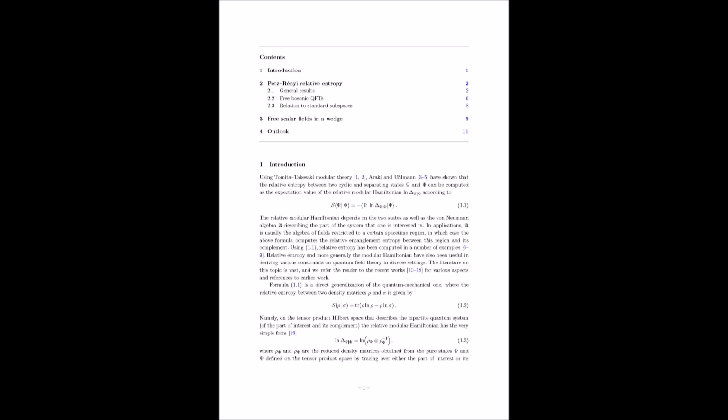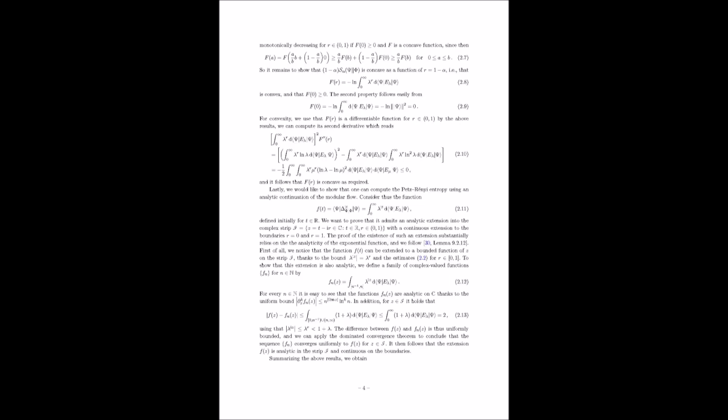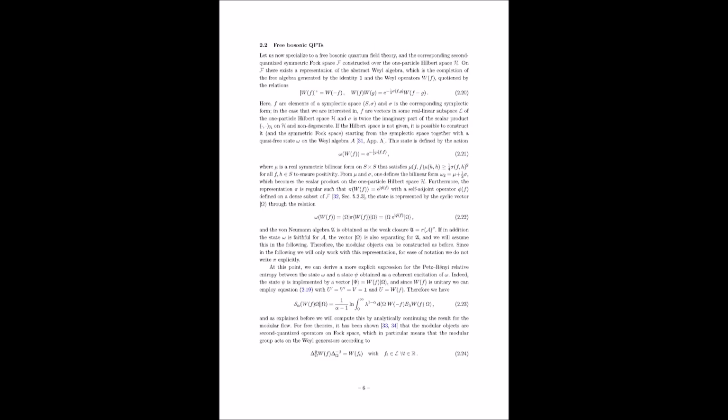By analytically continuing a function related to the modular flow, we can extend our view beyond the usual time domain and explore the behavior of the system in a broader context. So we're essentially taking the quantum movie and adding extra scenes that play out in the realm of complex numbers. That's a fantastic analogy. And the authors show that by doing this, we can calculate the Petz-Rényi relative entropy in this extended domain, giving us a deeper understanding of the relationship between quantum states and their dynamics.